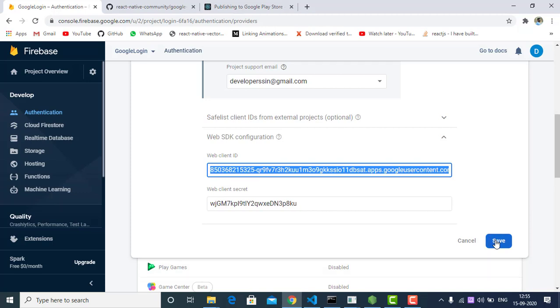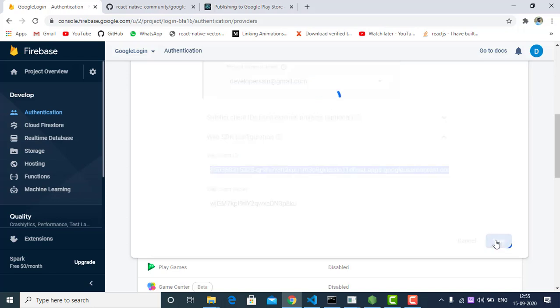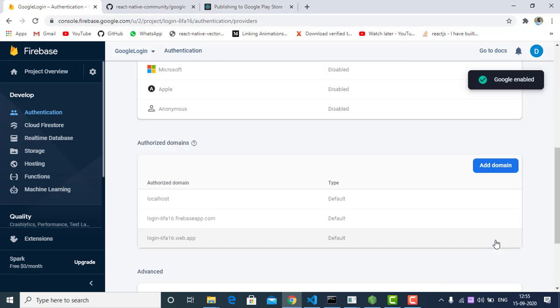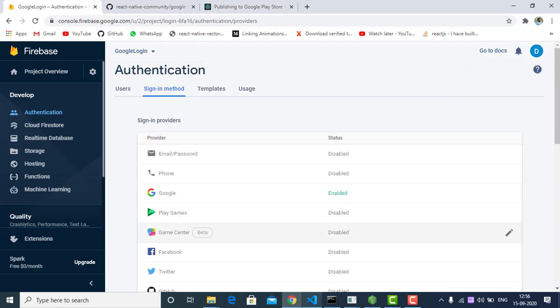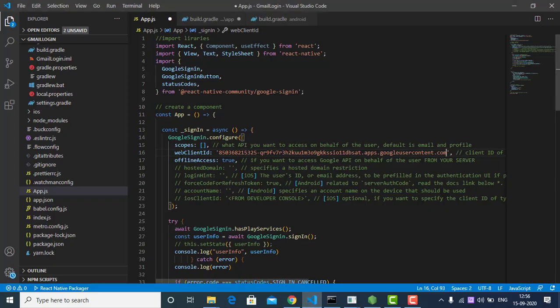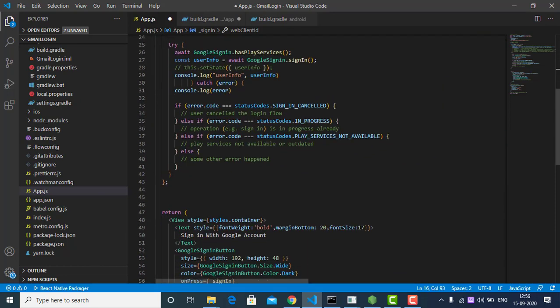I lost it almost 1 year previously because I didn't save that thing. So save it and cross check if your Google sign in method is enabled or disabled. As you can see, it's enabled. So we have the web client ID, and we have a try catch function.